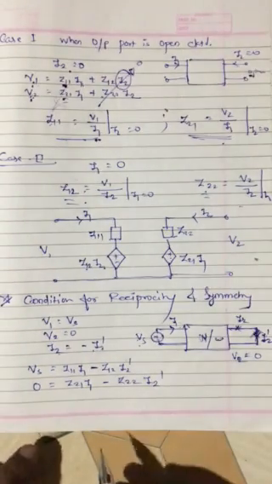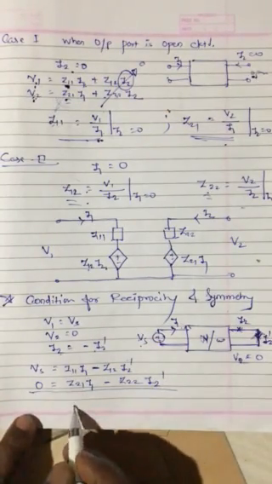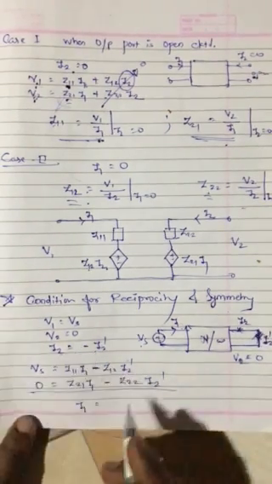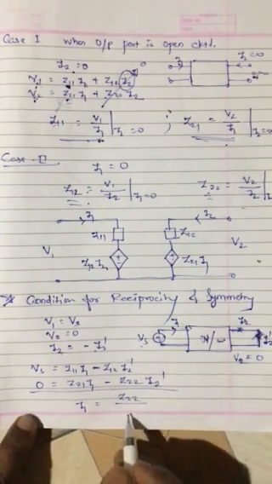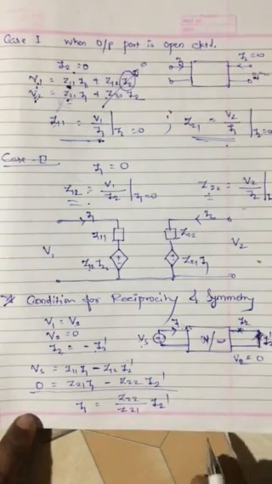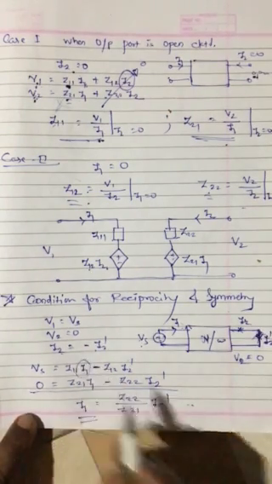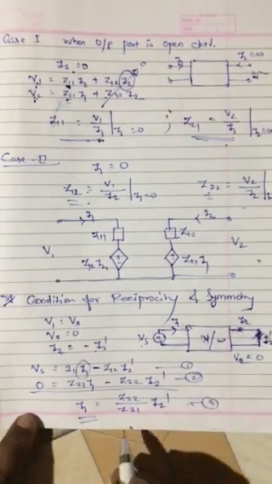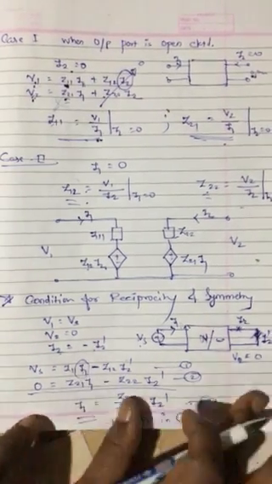Okay. Now you can see that from the second equation I can find out I1. So I will take this term to this side, so I1 will be equal to Z22 divided by Z21 I2 dash, right? Now I will put this I1 here. Listen carefully. This is the first equation, this is the second, and this is the third. Then let's put 3 in 1 in place of I1.